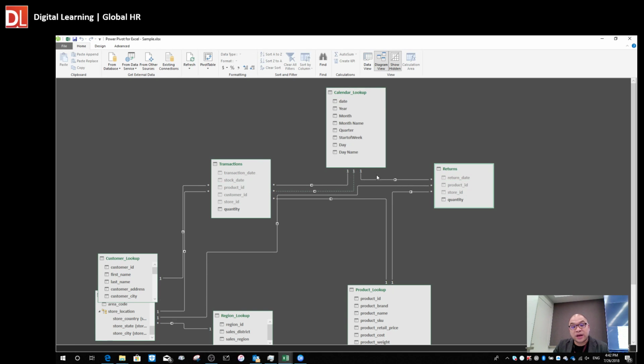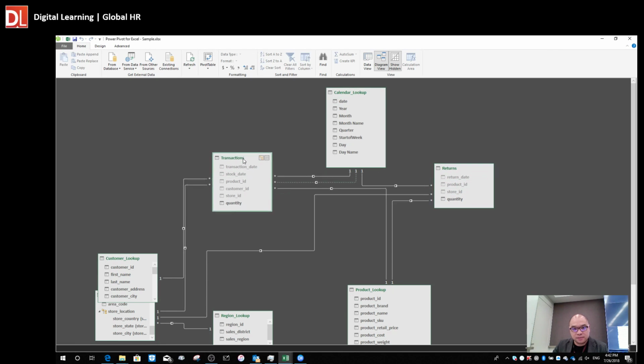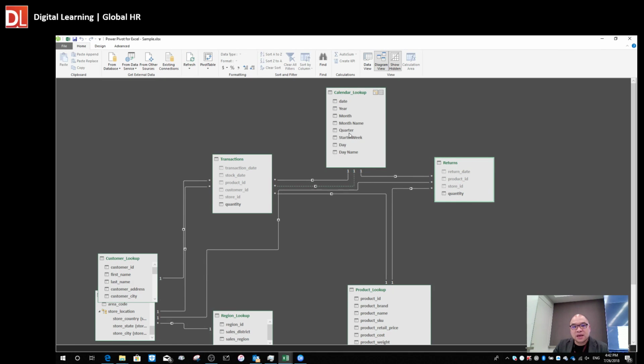Okay, this is very obvious. However, another thing you need to pay attention to is the filter direction. Filter direction. The reason why, because here, although we link up these two